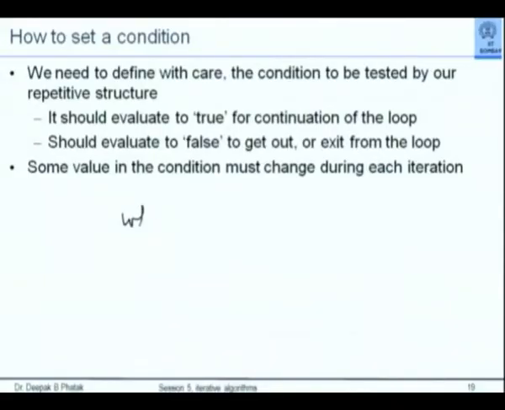If it doesn't, okay. If, for example, I write a condition and inside the block I have statements like x is equal to something, y is equal to something, z is equal to something.